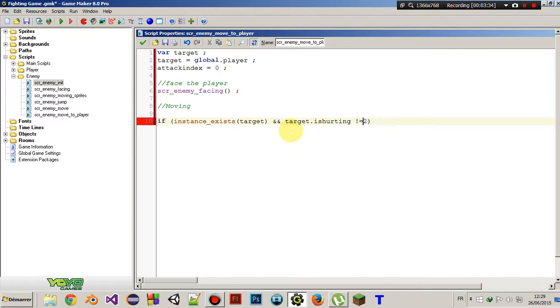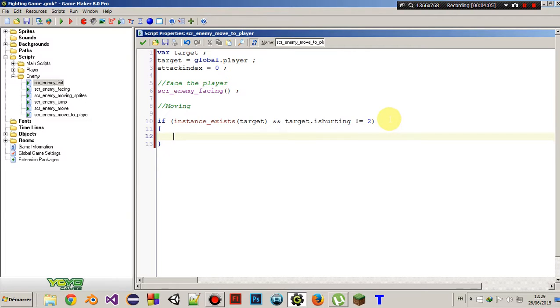That means the enemy can't move to us when we have taken a big damage. And if you want a hard AI, just delete this part, because in this case the enemy will not let you have any time to stand or something like that. Okay, so yeah,